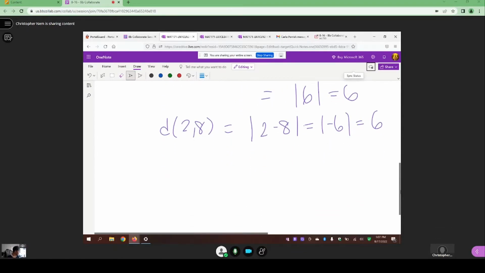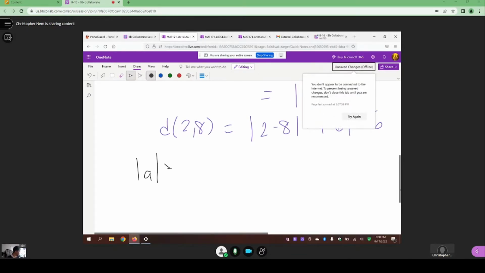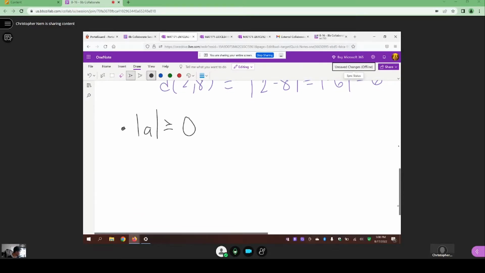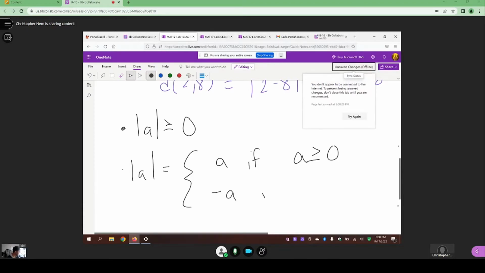Now, in your book, you might see it as the absolute value of any real number is going to be positive. And the other way you might see it is as the absolute value is equal to 2 conditions, or I guess an or statement. It depends on which one it satisfies. So it's going to be A if A is already positive, it's going to be negative A